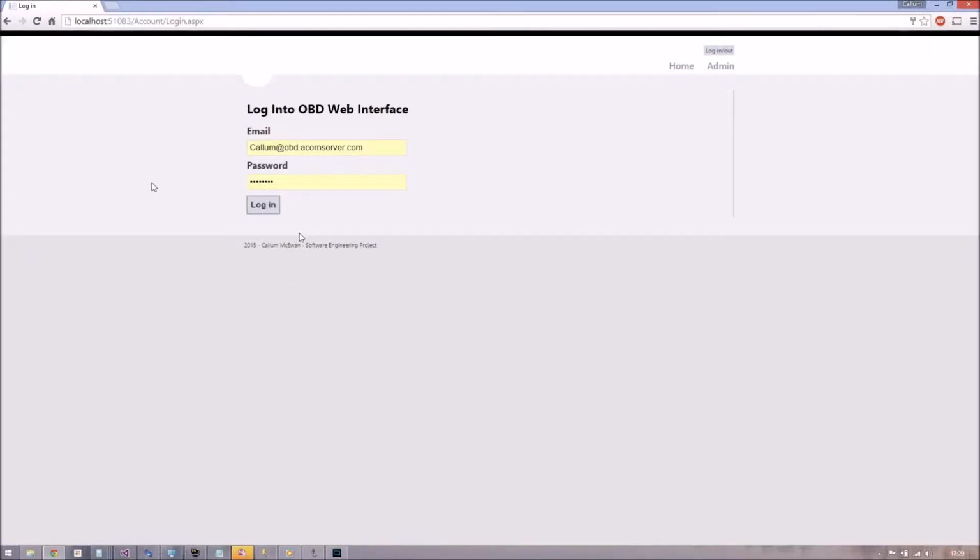This is the web interface's main login page. Without logging in, the user cannot access the system. So if I click home, we won't be able to get on. The email that should be registered in the database can be entered here, and the password for that email should be entered here. So if we log in,